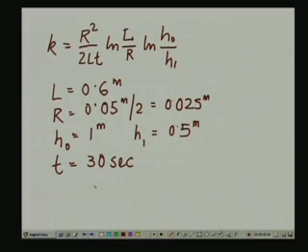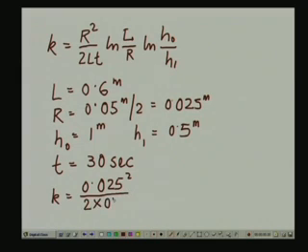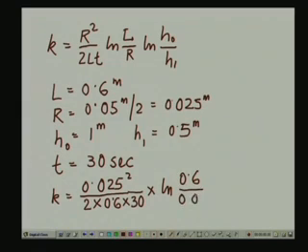Okay, so then the problem becomes that of a simple substitution into the governing equation, and what we get in the process is K is equal to 0.025 squared divided by 2 times 0.6 times 30, multiplied by natural logarithm of 0.6 over 0.025 times the natural logarithm of 1 over 0.5, and once you work through the calculations, then what you get